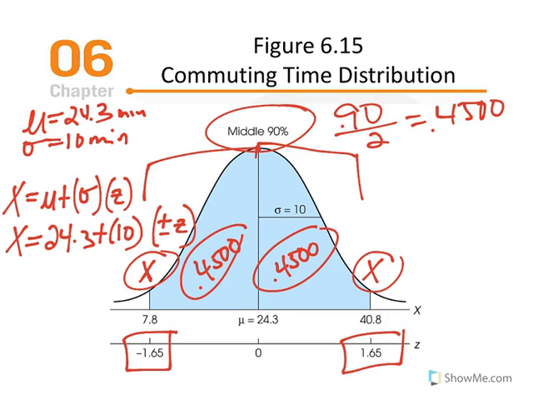So we're talking about a score that's 1.65 above the mean and 1.65 standard deviation units below the mean. And so now we can solve our equation. We have our mean of 24.3 minutes plus a standard deviation of 10 minutes multiplied by positive or negative z-score of 1.65, and in doing so we get x is equal to, so again we have two different answers,